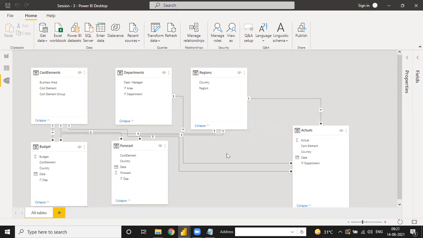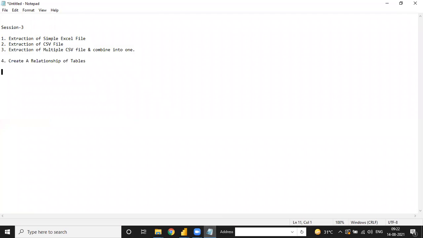See, a fact table is a kind of table in which we have the total number of transactions during a period.